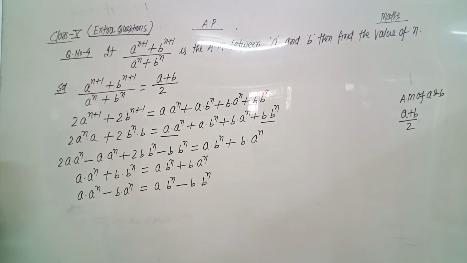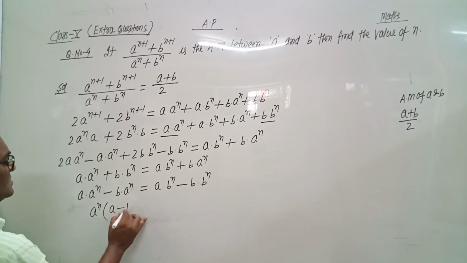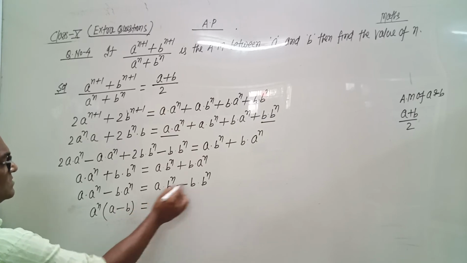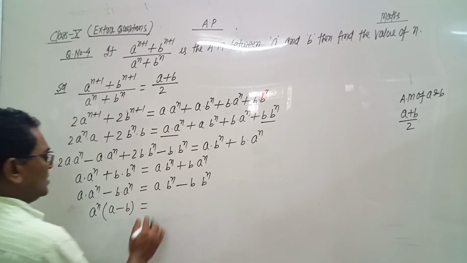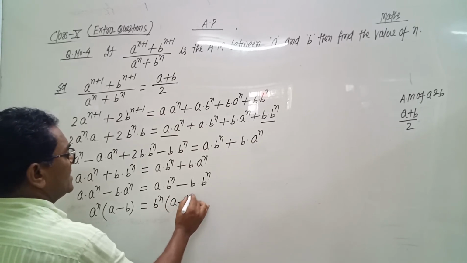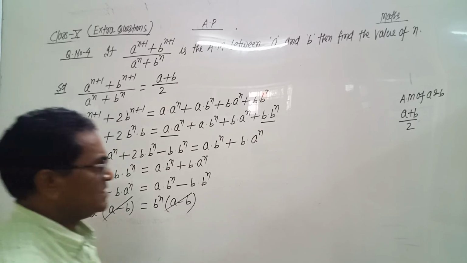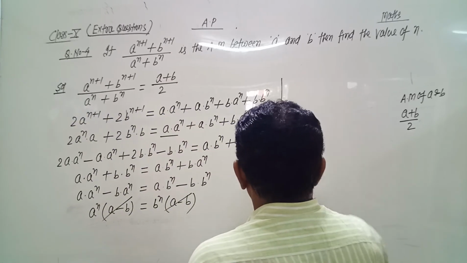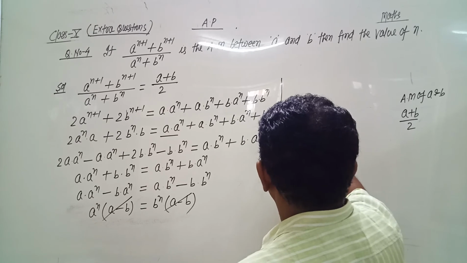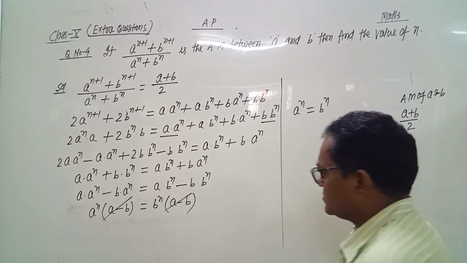From both the terms, a raised to the power n is common, we get a minus b, and from these two terms, b raised to the power n is common, again we get a minus b. So a minus b from both sides gets cancelled, and it remains a raised to the power n equals b raised to the power n,